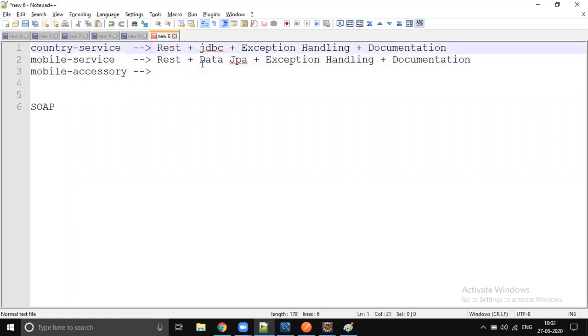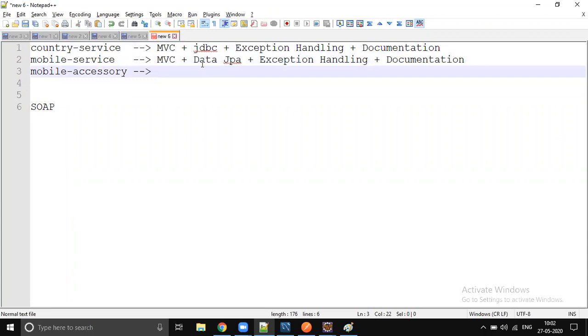REST so far means Spring MVC, but here it's going to be WebFlux. So reactive programming plus reactive Data JPA, and the database is not an RDBMS, it is MongoDB.